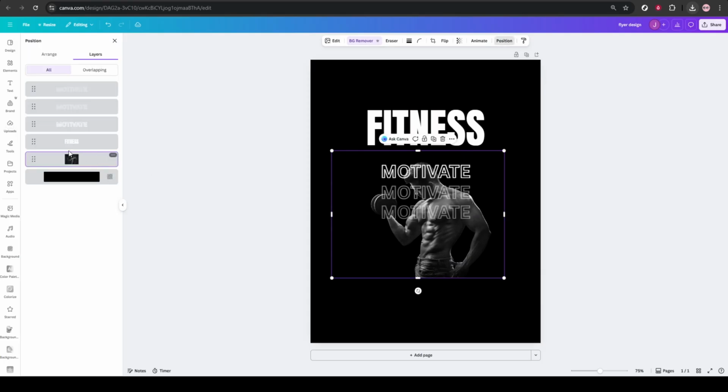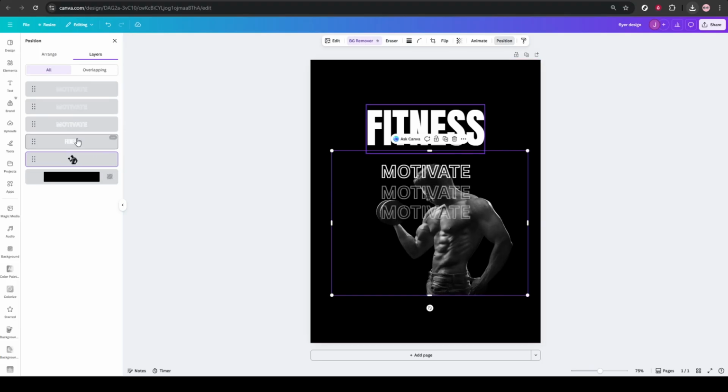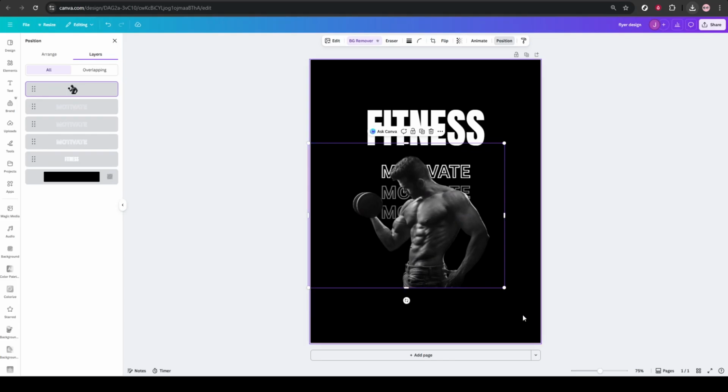Note that this feature may require a paid plan. Resize and position the cutout where it works best with your layout. Right-click to open the Layers panel so you can manage stacking order, then bring the image to the front if it's hidden behind text. If needed, select a text layer and drag it on top of the image to keep